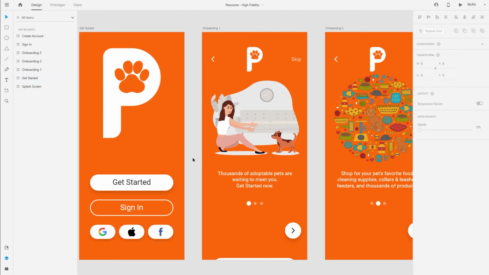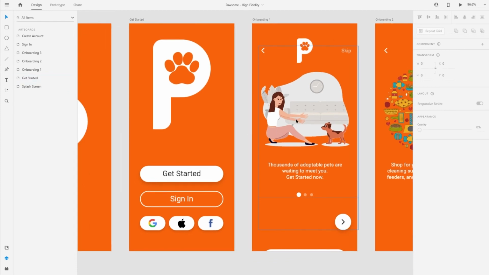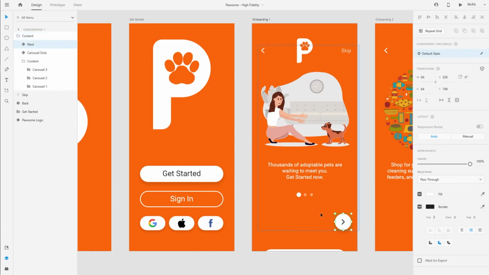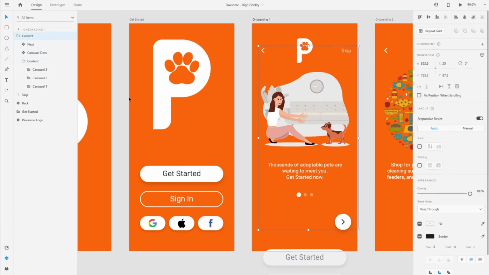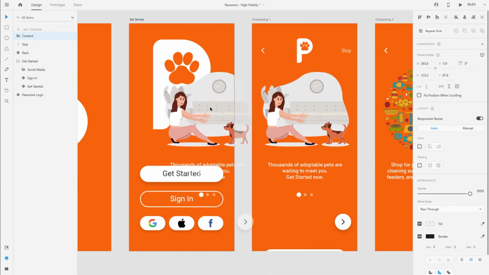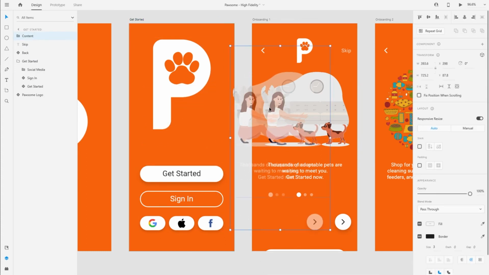On this screen, what I want to do is bring in this section from the right. So I'm going to copy this, which is the entire content folder, which includes the next button, the carousel dots, and the content over here. So I'm just going to copy this, select this artboard, paste in place, move them to the right, and leave it on the screen